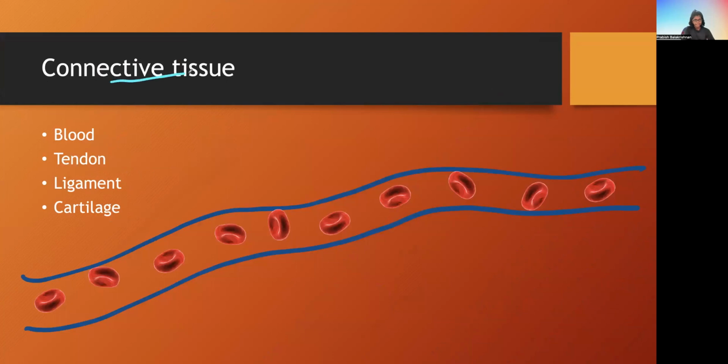Connective tissue is next. Some examples are tendons, ligaments, cartilage. Cartilage is found between the bones, that is over here. So think that this is one bone, this is one bone. So in between we have the cartilage. This cartilage acts as a shock absorber, and when this cartilage is reduced, this is when we feel the joint pain, and it is like a